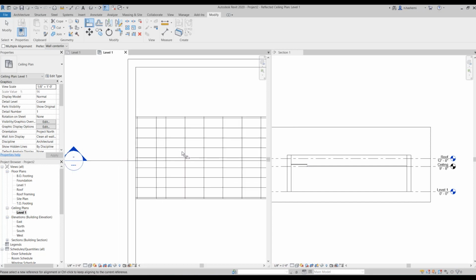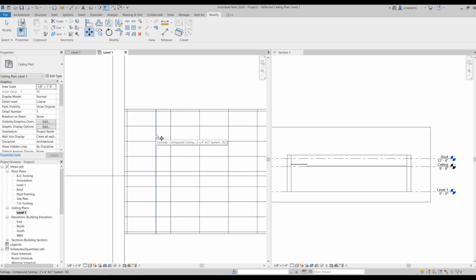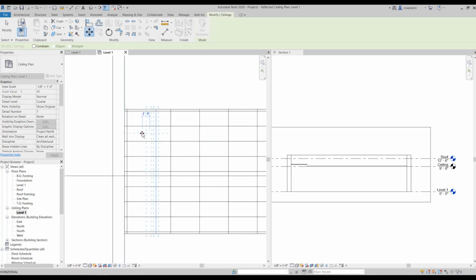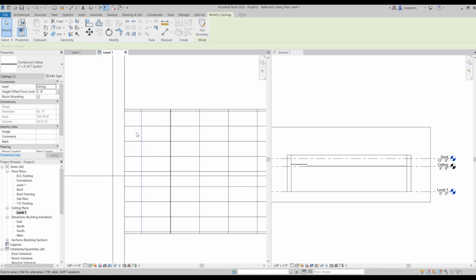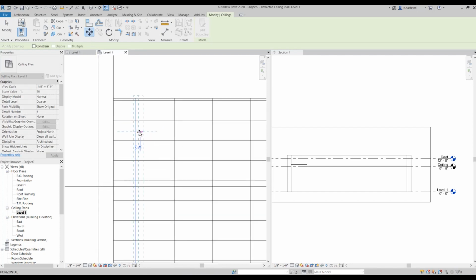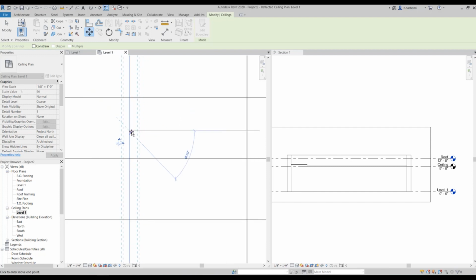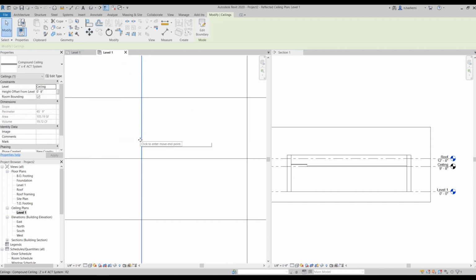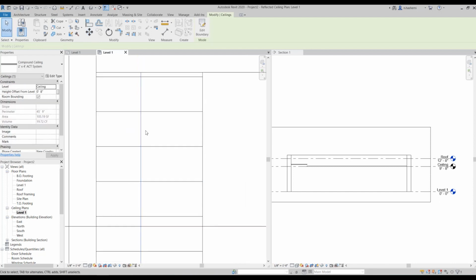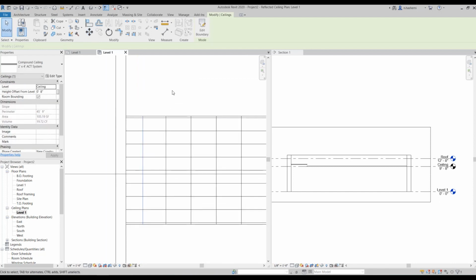Actually, I need to move this one a little bit. So let's do that. Okay, it looks better right now.